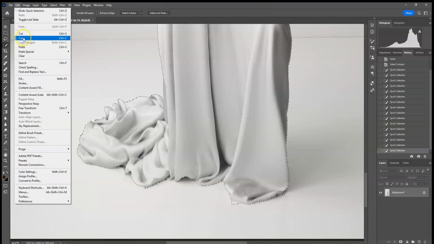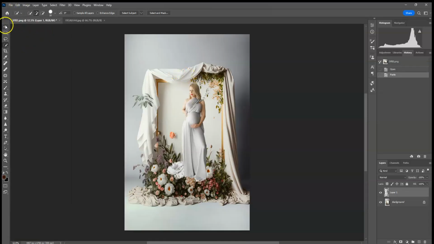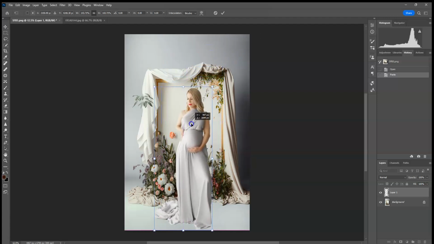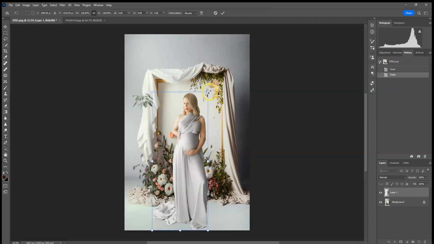Okay, I'm going to go up to edit, copy, edit, paste into my image here. I'm going to resize the subject. I'm going to click this box right up here to keep my proportions on her. The light is coming from the same way, so I don't have to mess with that at all. Okay, and the first thing I notice is that I don't